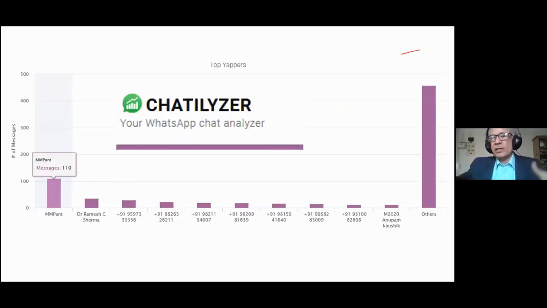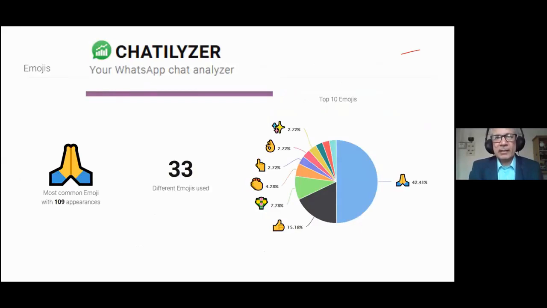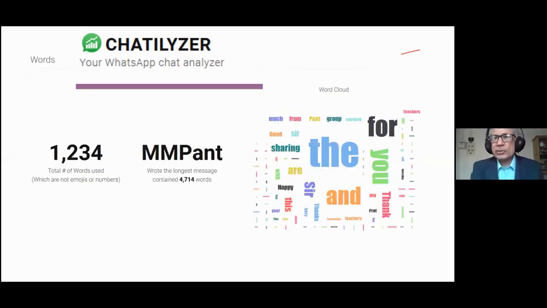And then it gives you the graph also. It creates the graph with the persons. If you have their name saved, then it will show you the name. Otherwise, the mobile numbers will come. Then it shows how many emojis were used, who used what. So like 15% people said thumbs up, 42 people said namaste, like that. Those things appear, and the namaste one was the most common emoji in this particular group. It also creates a word cloud for a particular day on top topics. These are generated by the software.